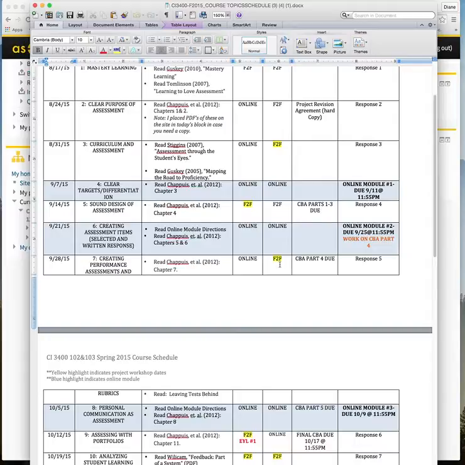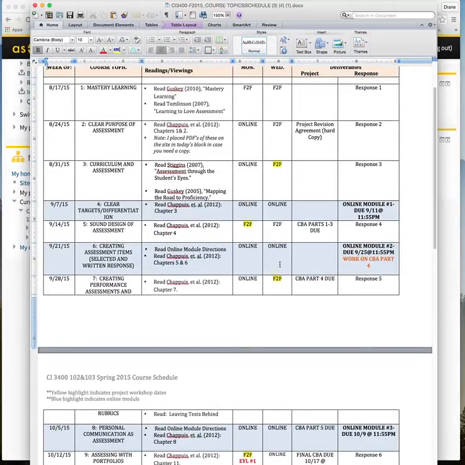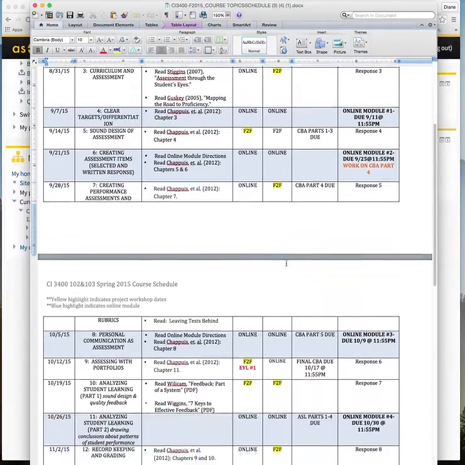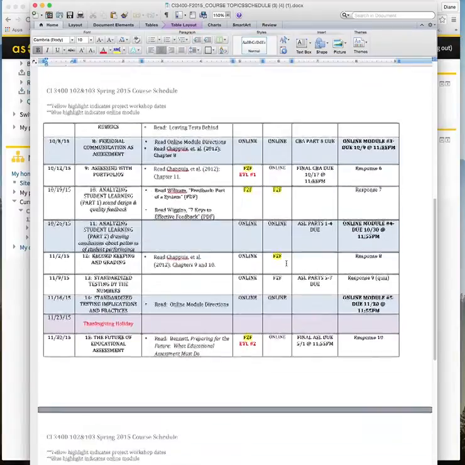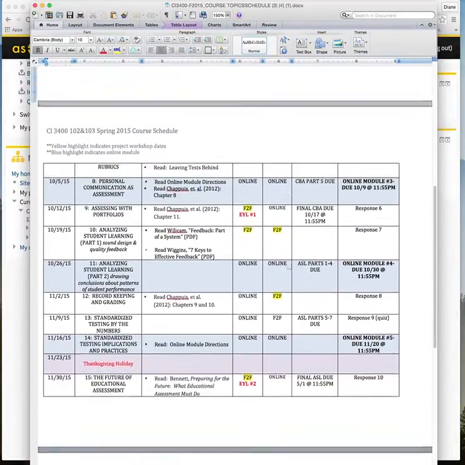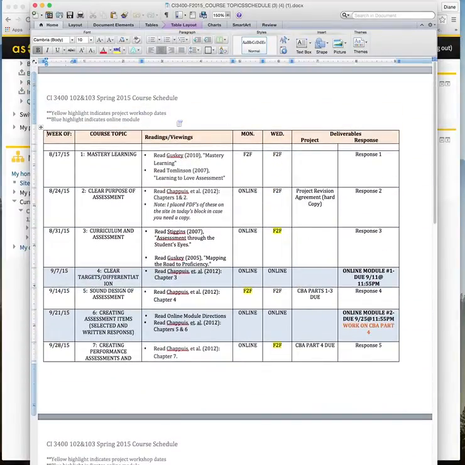So this is probably a really important document that you print out or that you start marking your calendar or whatever you need to do to make sure that you show up to class when it's face-to-face and that you don't show up when it's online. You'll see we'll sort of fall into a pattern after a while and it'll make sense to you. Okay? And I'll remind you also, so don't worry about that.